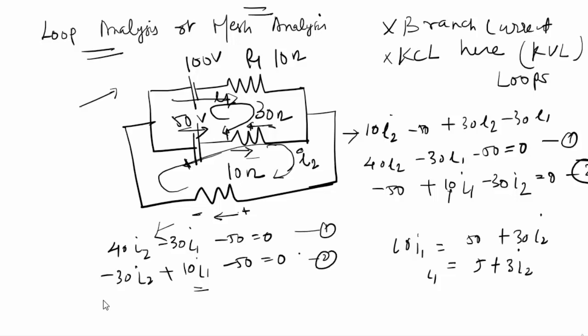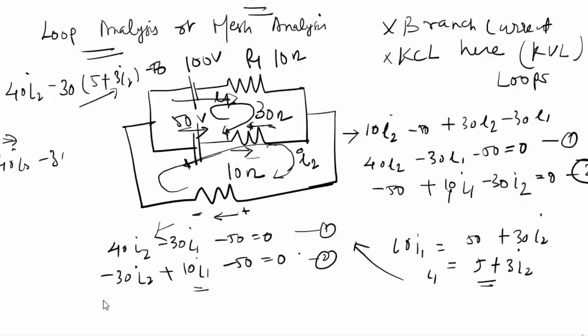So you have I1 in terms of I2, and you can substitute that in this equation. So it becomes 40 I2 minus 30 into (5 plus 3 I2) minus 50. When you do that, you will have to solve it. You will get 40 I2 minus 150